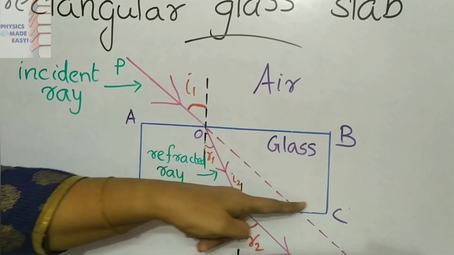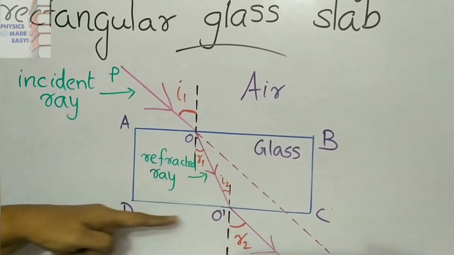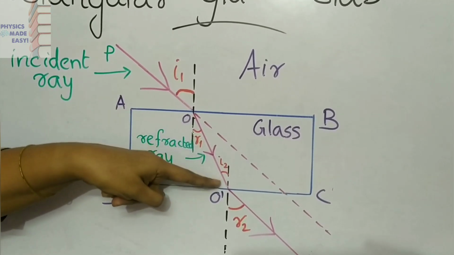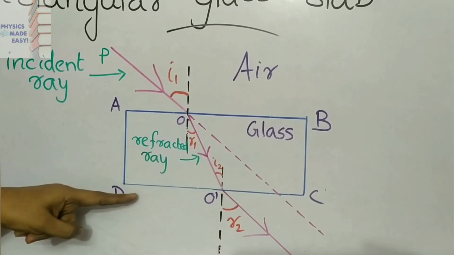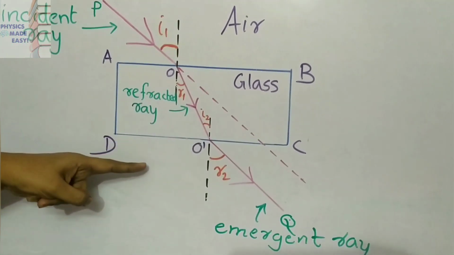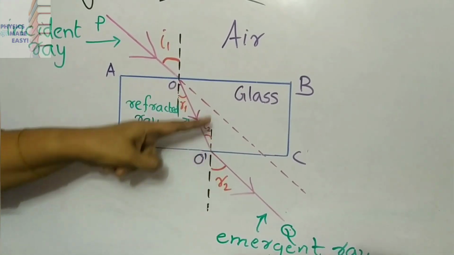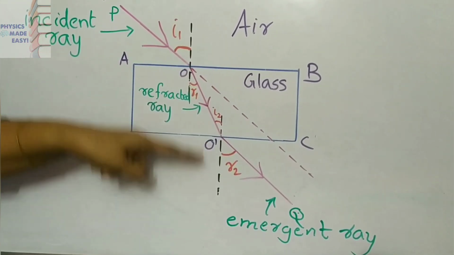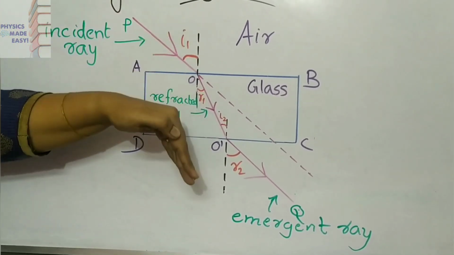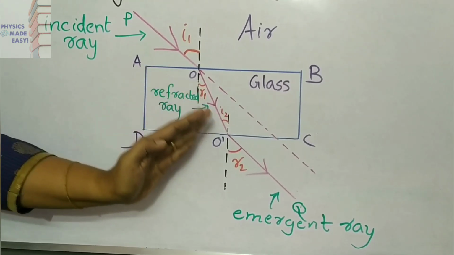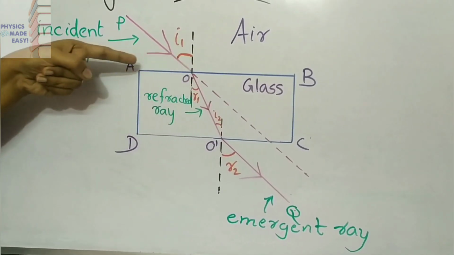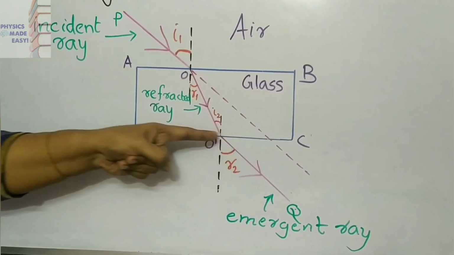Then this is made up of glass. This is a transparent medium here. What will happen here? In this glass, the light is passing like this and will be incident at the interface CD. This interface CD means the interface of glass and air. Again it is coming out into air, then through the glass it is emerging out. So here again refraction is happening. First refraction at the interface AB and the second refraction at the interface CD.